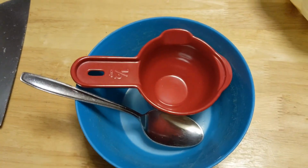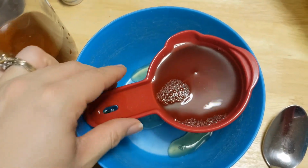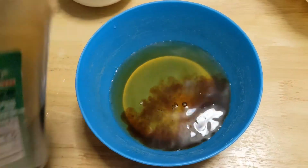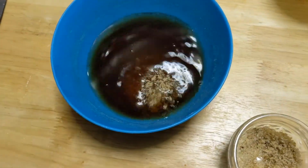Now I'm going to start the Worcestershire sauce. So it starts with about a half a cup of apple cider vinegar. And then we get about a tablespoon to 2 tablespoons of water. That's just plain water. About 2 tablespoons of soy sauce, a tablespoon of brown